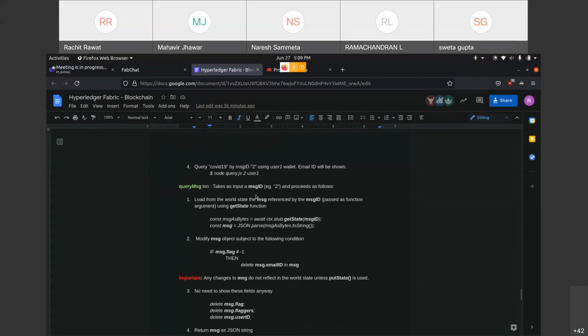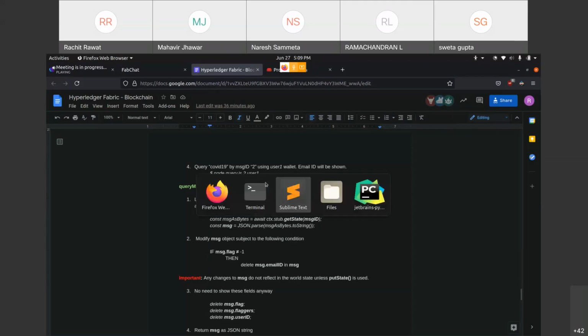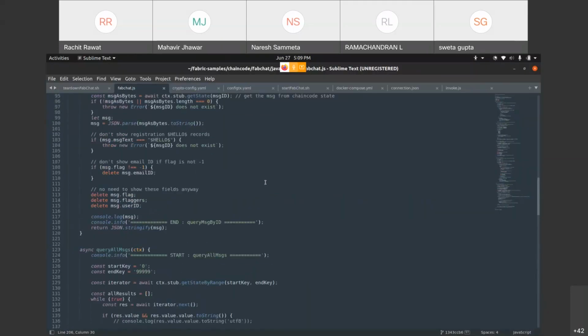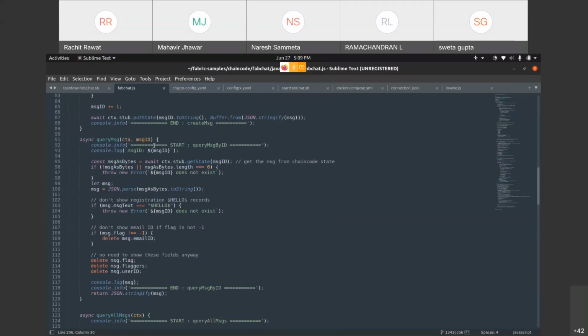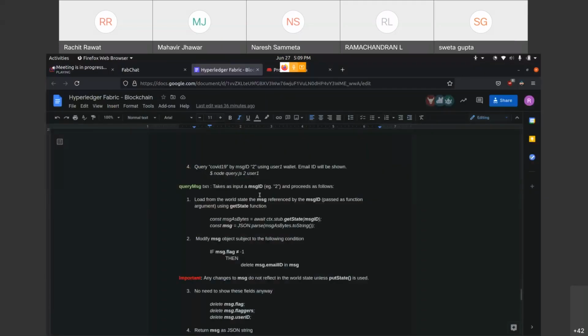Now I'm going to quickly do this query message transaction. It's pretty simple. It takes as input the message ID, the ID of the message you want to query, and it proceeds as follows. You again use this getState function, pass it the message ID, and you will get the message object.